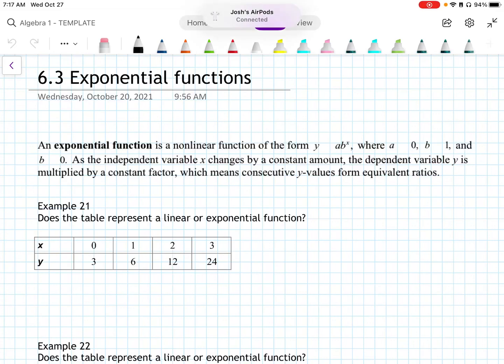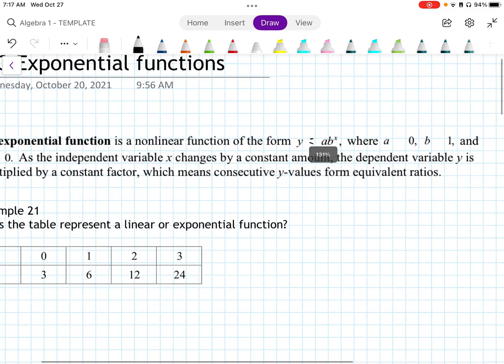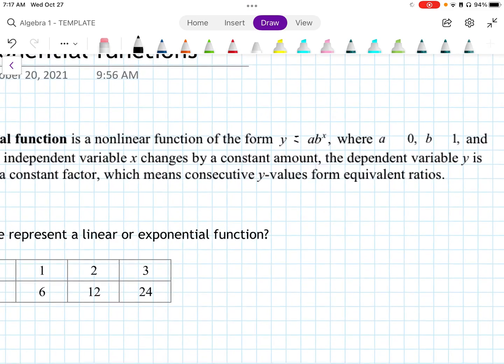Okay, 6.3 exponential functions. So we've talked about linear functions, right? They graph lines. Here we have exponential functions that are going to graph more of a curve, and we'll look at that in a minute. So an exponential function is a nonlinear function, right? It's not a line, right? It's a nonlinear function of the form y equals ab to the x, where a cannot be 0 and b